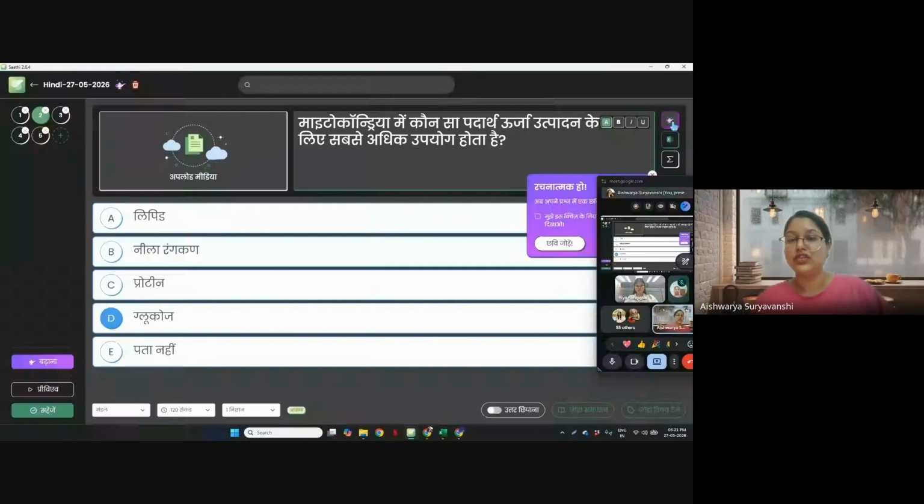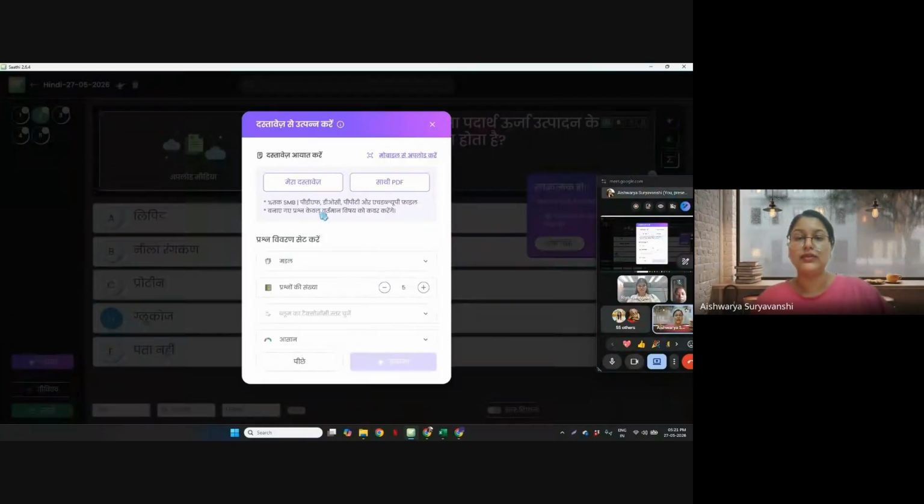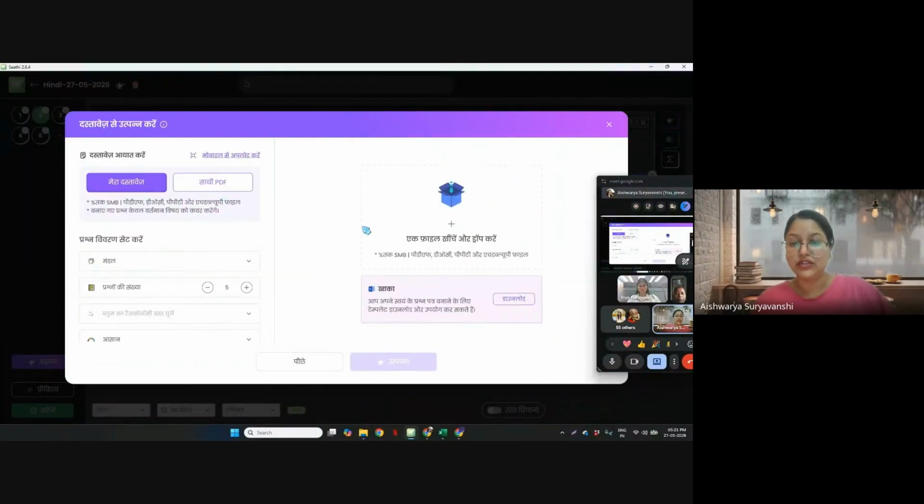Another option is the document option. You can click on this document button and then on my document. If you have any document, it could be a PPT, PDF, or Word file, you can use those to generate questions. You just click on this plus button, upload your document, and the questions will be generated. What if you're using it in the classroom and you don't have your documents within the devices that you have in your classes?